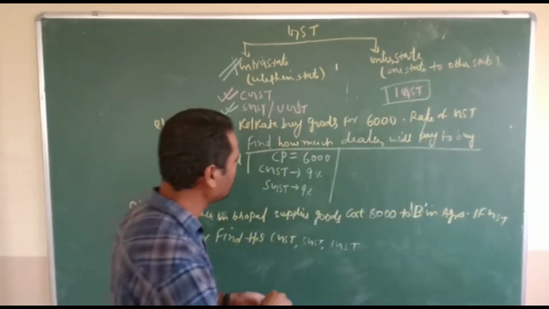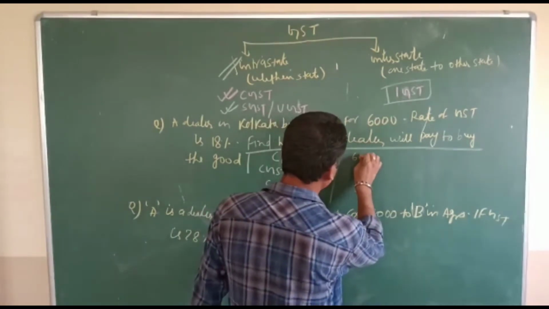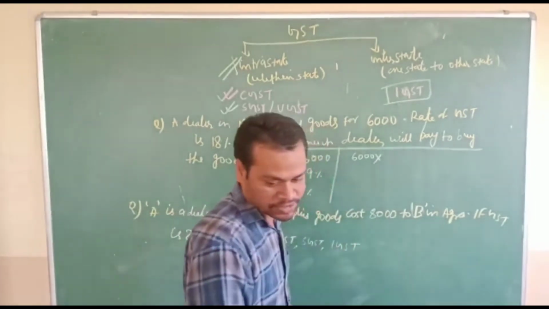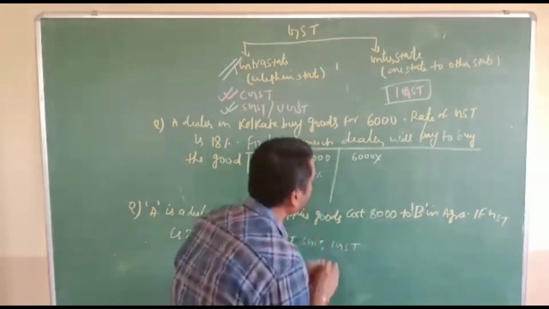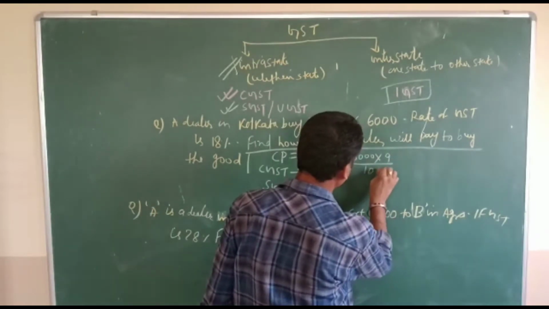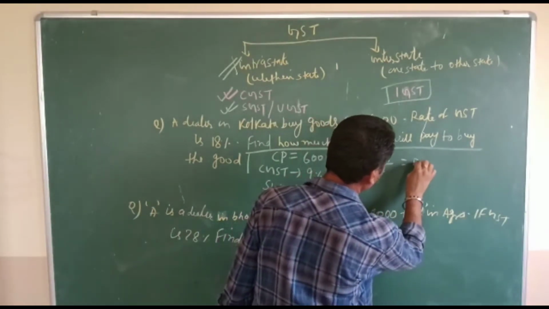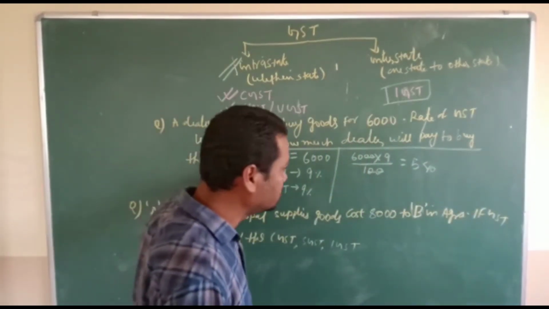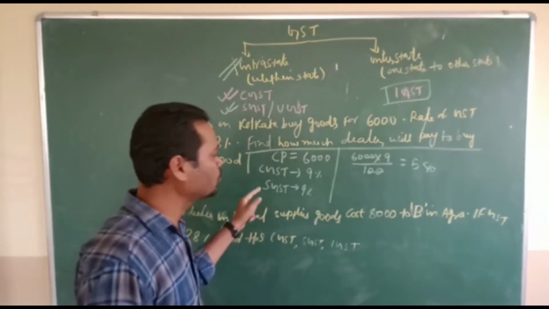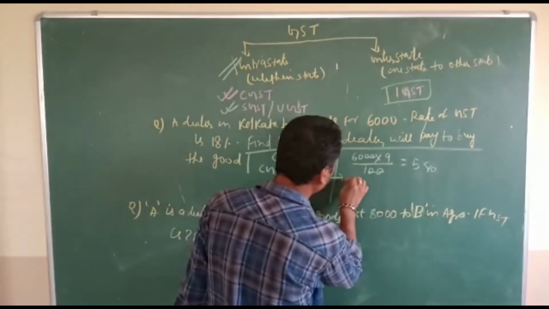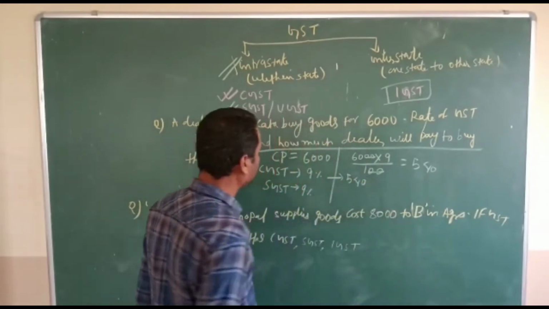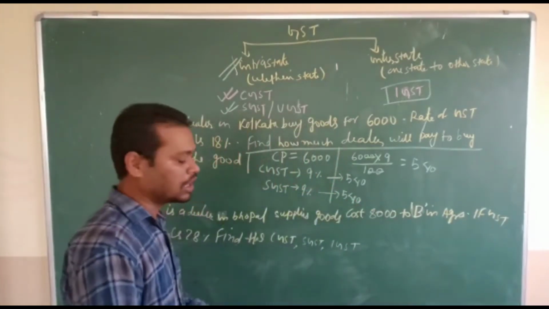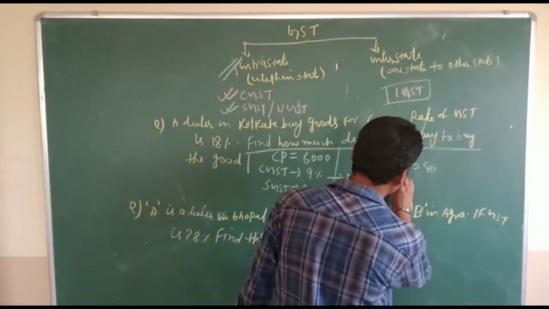So 6,000, how much is 9%? It is 540. What does that mean? He needs to pay 540 for CGST. SGST again he needs to pay 540. Total, how much does he need to pay? Total money will be